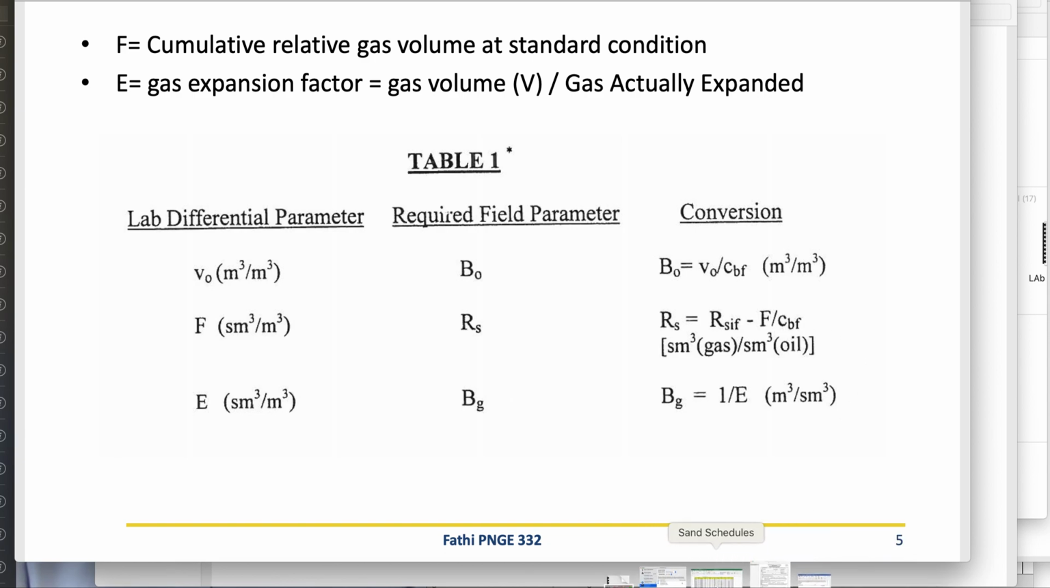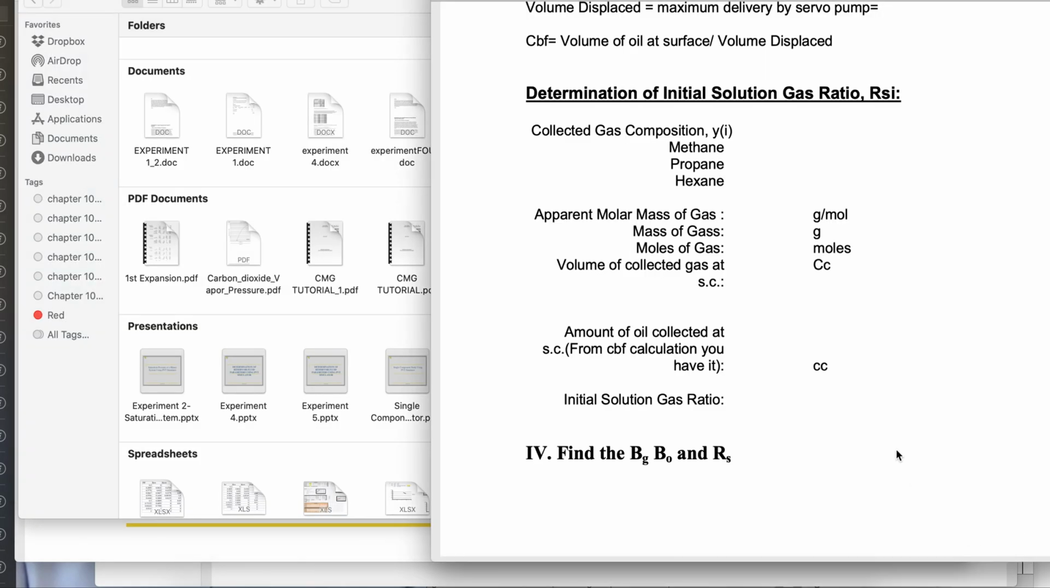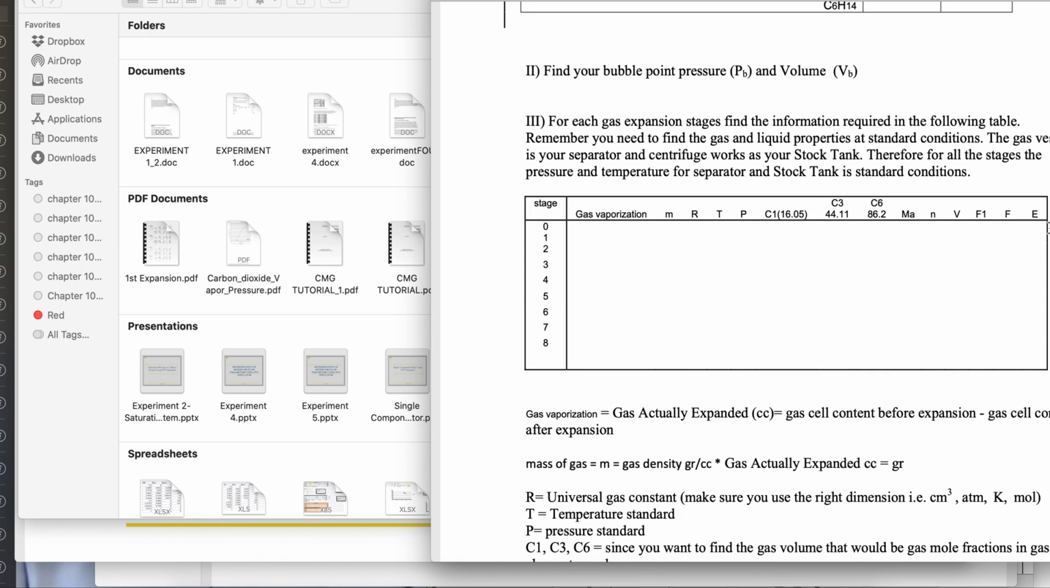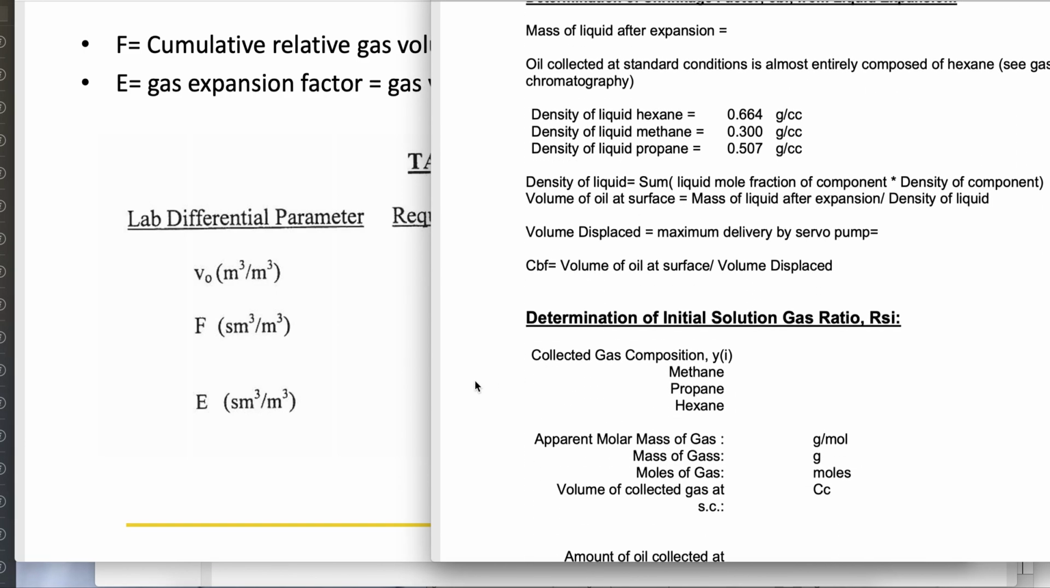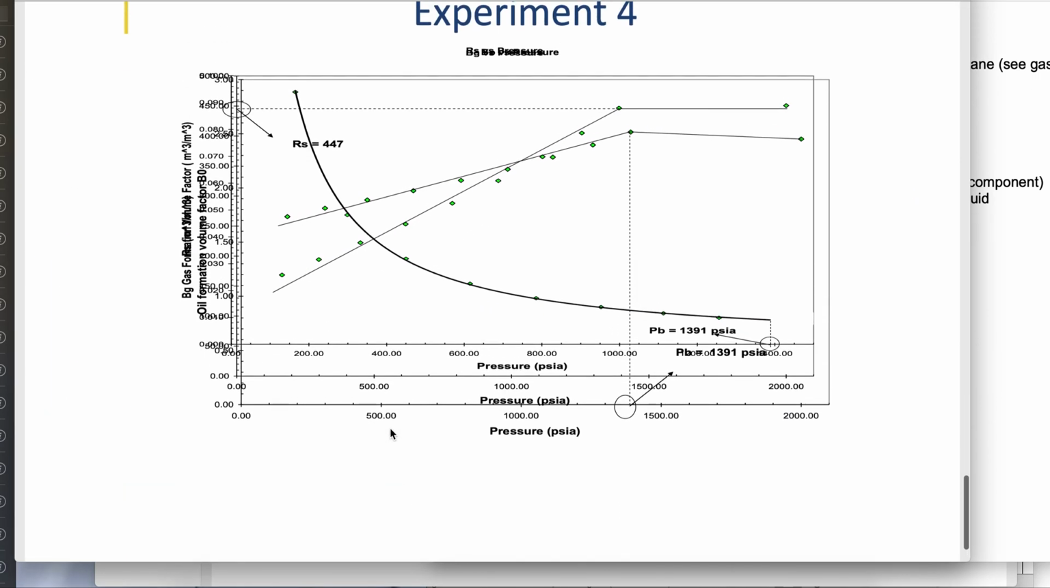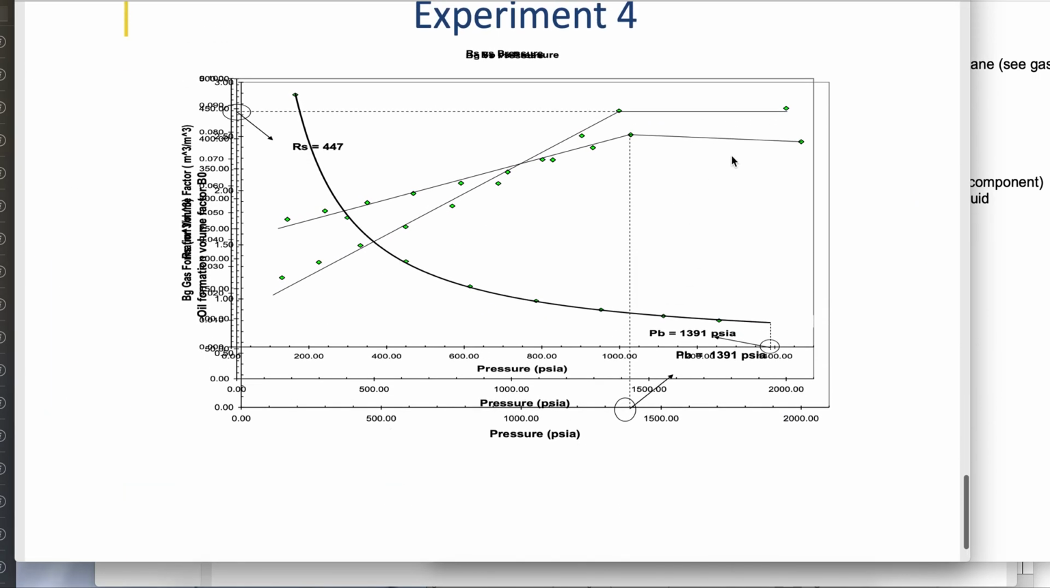Which again, you have all those values in the table. So in this table, you had the capital F, capital E, so 1 over E is BG. You have capital F that you can use to find the RS, and you can find the BO. So when you do that, then you will have the 3 graphs. You will have 3 graphs showing how the BO is changing as a function of pressure, how the BG is changing as a function of pressure, and how the RS is changing as a function